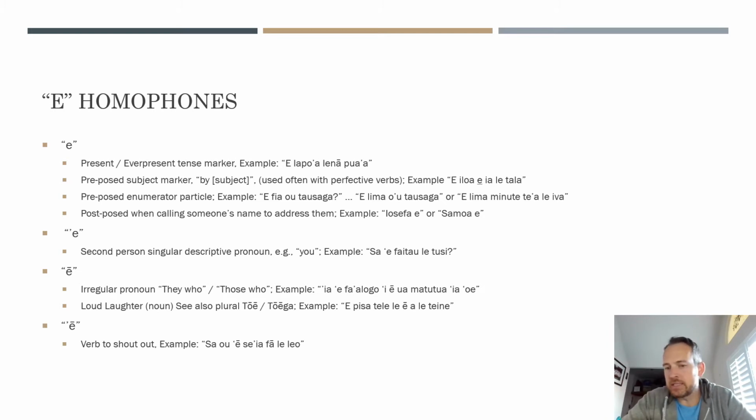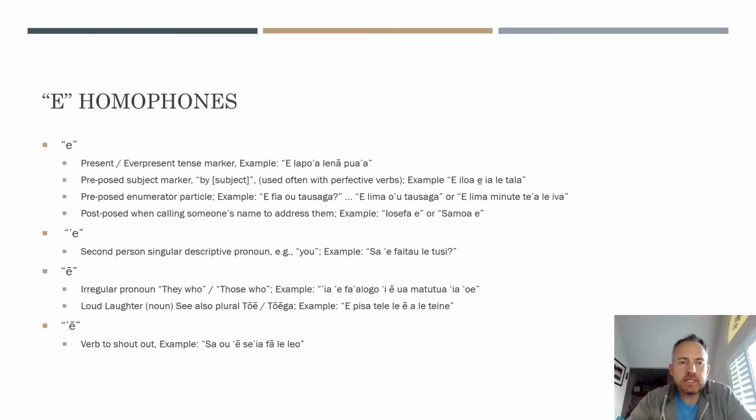Another example you might hear is in telling time, because again, we use numbers in telling time. So the example I have here is e lima minute e leiva. And that just means there are 5 minutes past 9. So there, e lima, again, it introduces that sort of active number that we're talking about. E lima, lima means 5. Minute means minute. That one's not rocket science. Te leiva, te means past, and then leiva just means the 9. So iva means 9, and le means the.